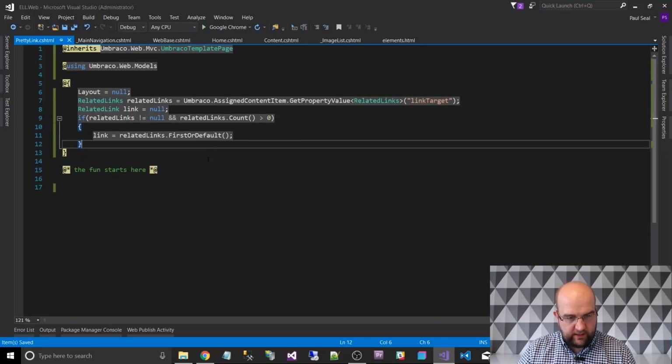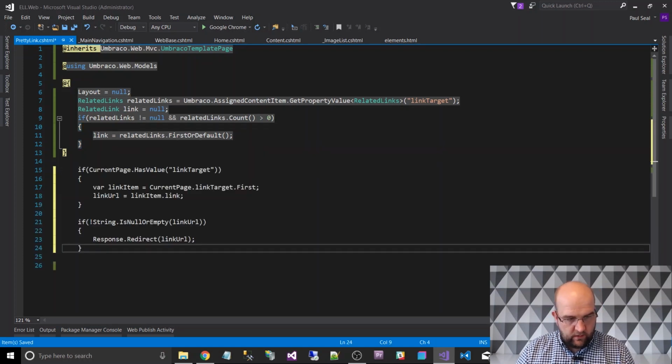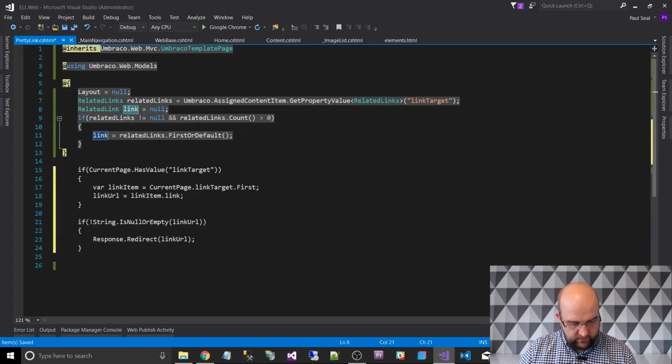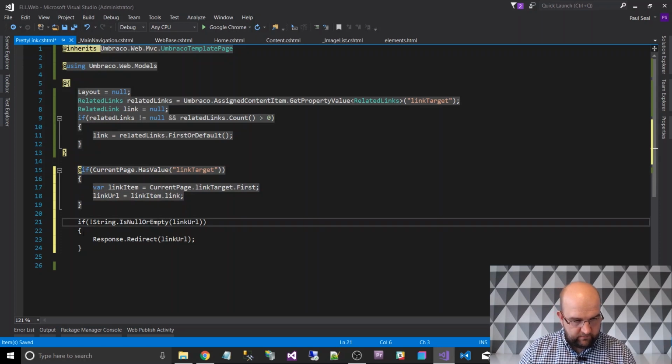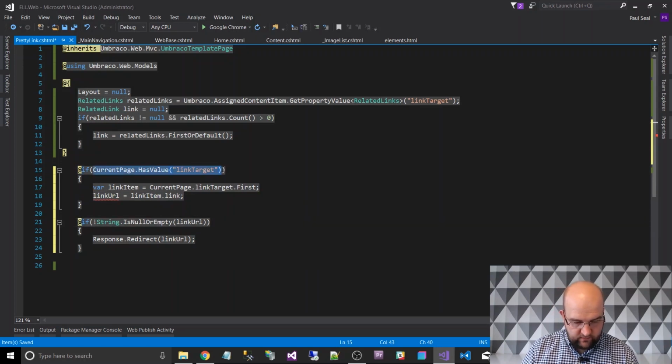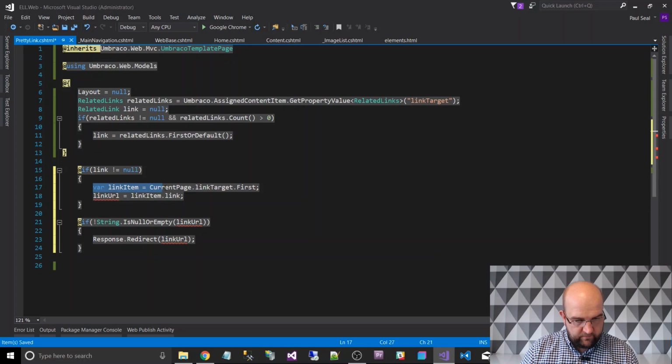We can just copy that, and then we can, in here, we can say if link in an if block like that. So if the link is not equal to null, then